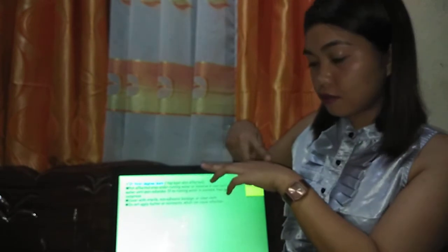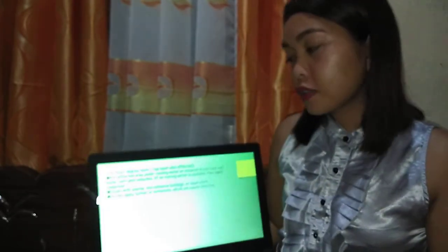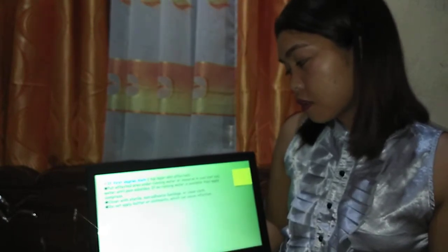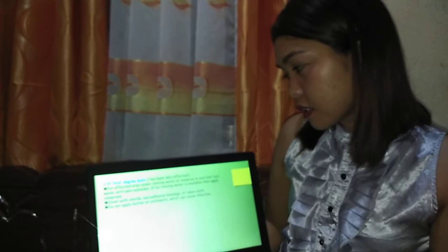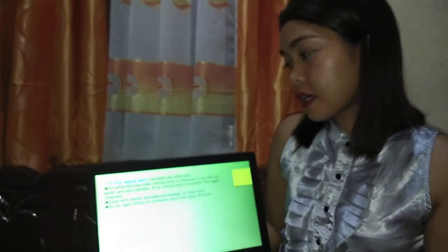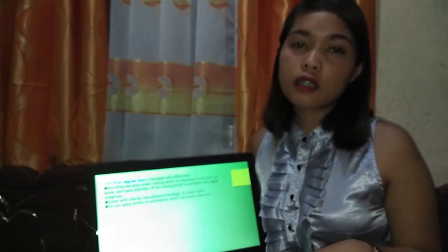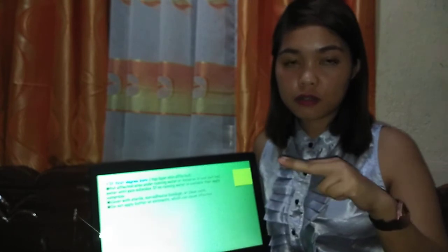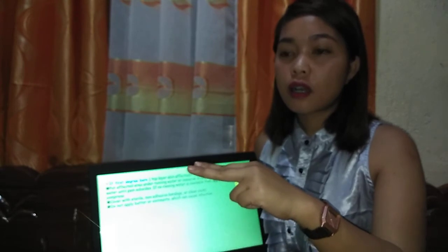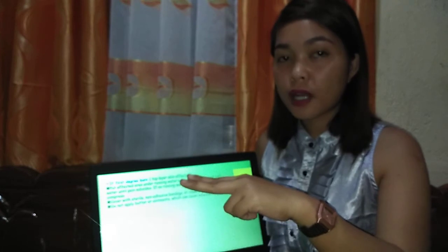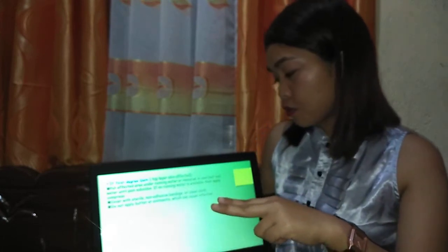ang apektado ng burn. So, pag yun lang apektado, put affected area under running water or immerse in cool water until pain subsides. If no running water is available, then apply compress. So, ang first nating gagawin is itapat yung, for example, in our hand, tas ito yung napasok. Itapat agad natin siya sa running water or, halimbawa, for example, is gripo. Para hanggang mawala yung sakit. Wag daw yung ice.